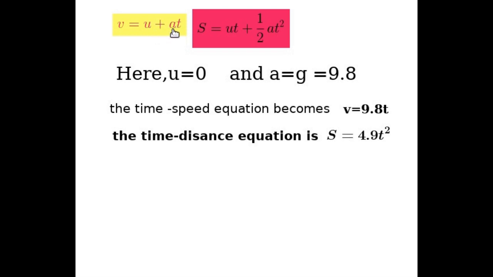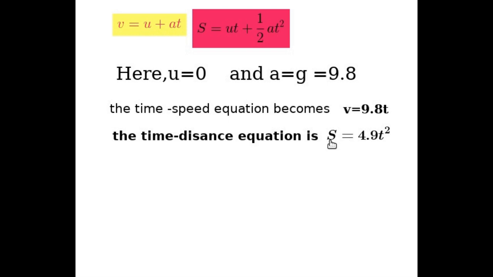So v = 9.8t, and here this part is 0, and 1/2 into 9.8 into t² is 4.9t². Using these two equations, we can calculate the speed of the object and the distance traveled by the object at